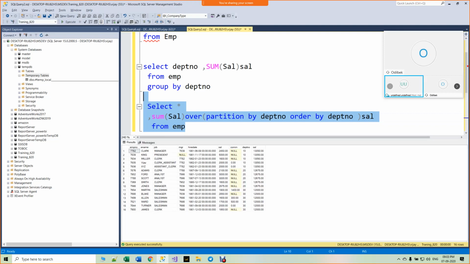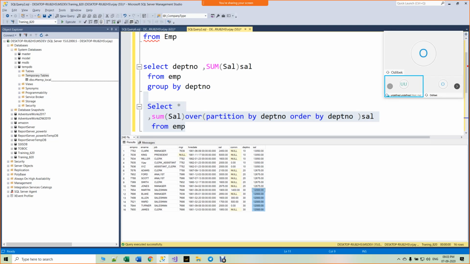We see here department 10, the total salary is 13050. Department 20, it is 12675. Department 30, it is 12000. Clear?